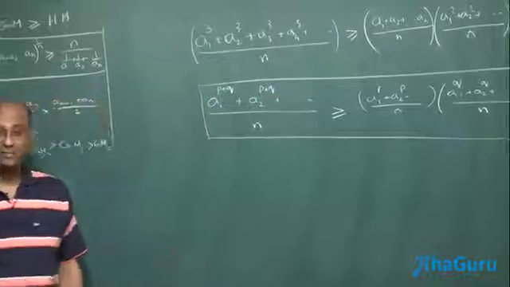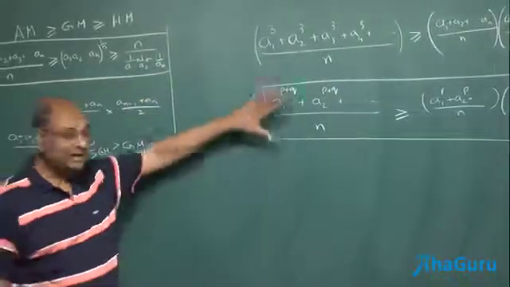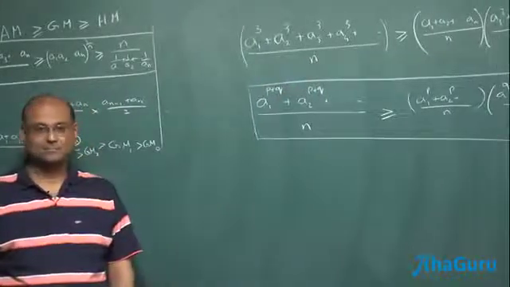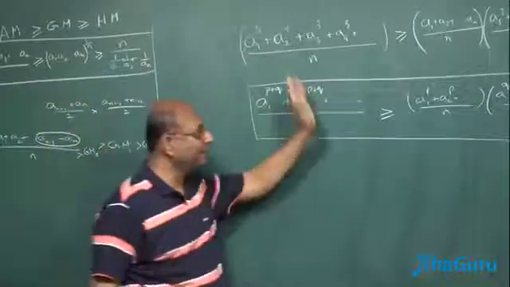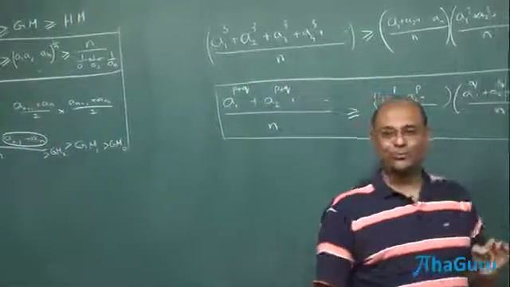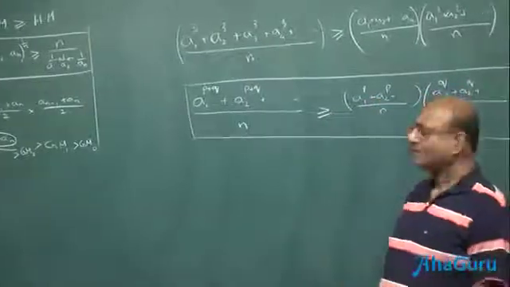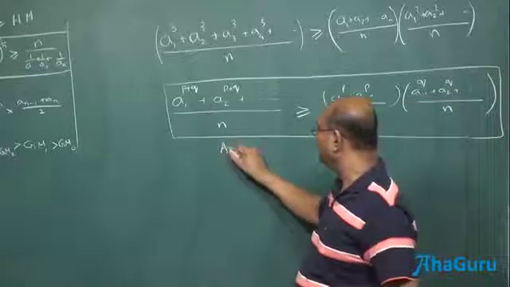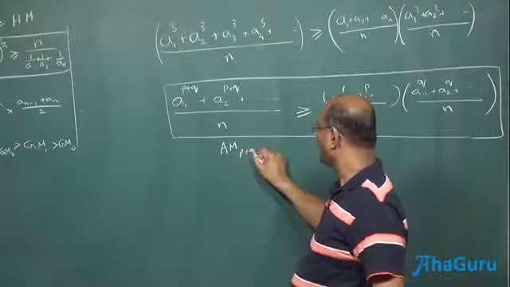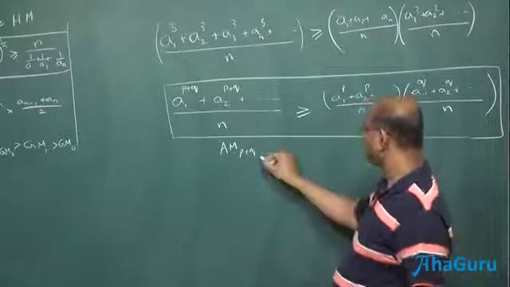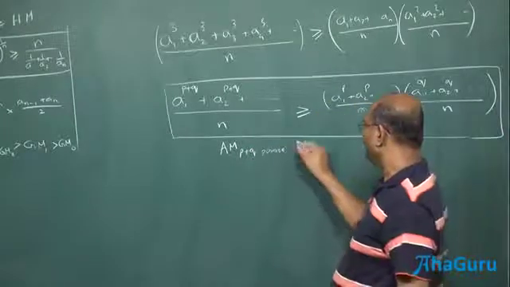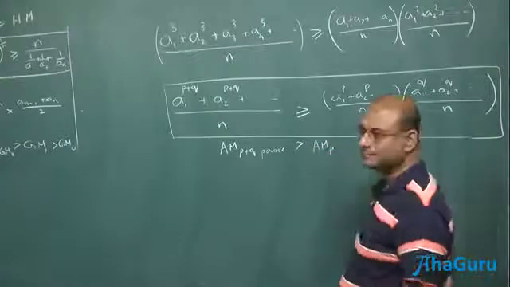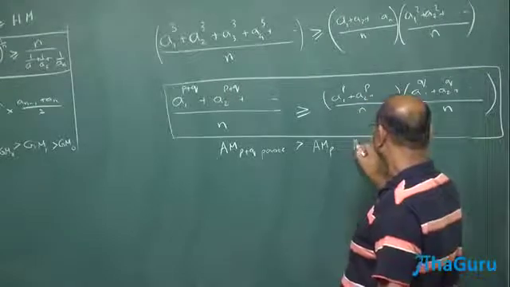It's a very powerful idea. This is not telling you between arithmetic mean and geometric mean. This is actually just telling you arithmetic mean and arithmetic means. So this is a rule about arithmetic means with arithmetic means. This is the arithmetic mean of the P plus Qth power. Okay, and that is arithmetic mean of the Pth power into arithmetic mean of the Qth power.